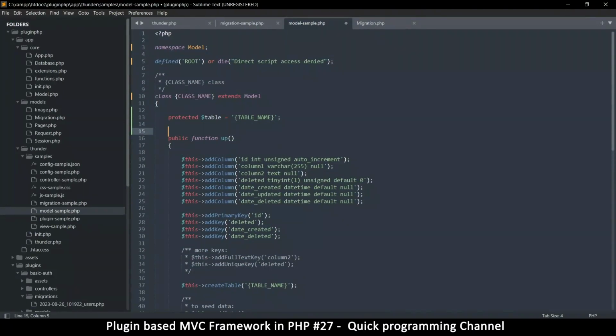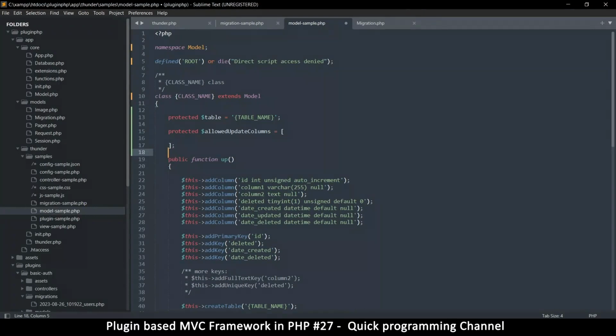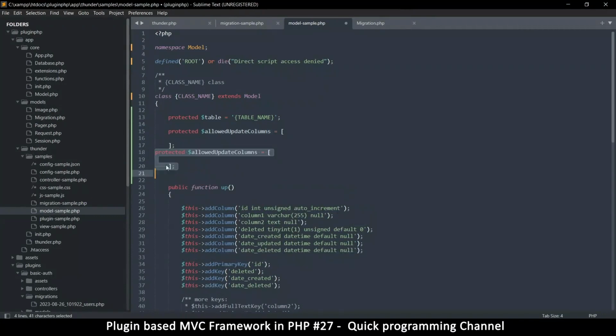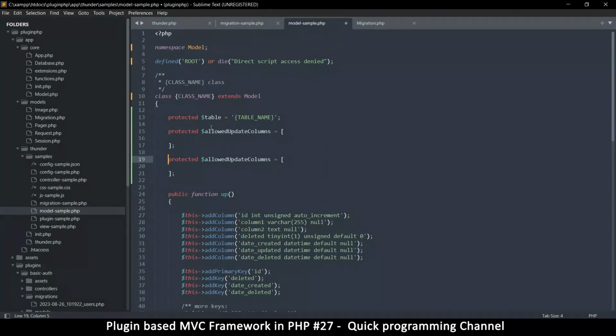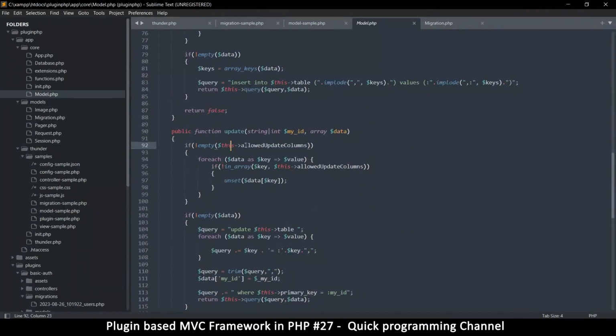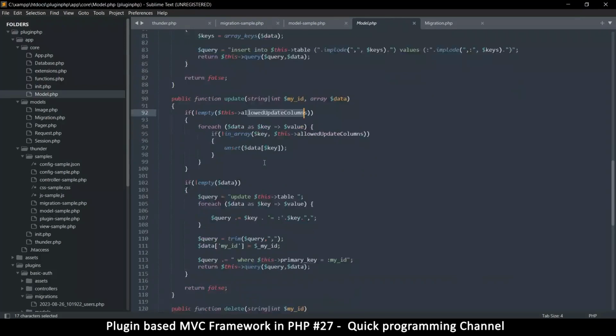Okay, that's fine. And then let's do more protected. This time we'll do this one, allowed update columns, and this one will equal an array like that. Okay, so that's yeah, let's duplicate this one time. Then we remove the update. So there's allowed columns, and then there's allowed update columns. Also, if I go back to model.php, where is this? I should make sure that if this, yeah. So on the update here,